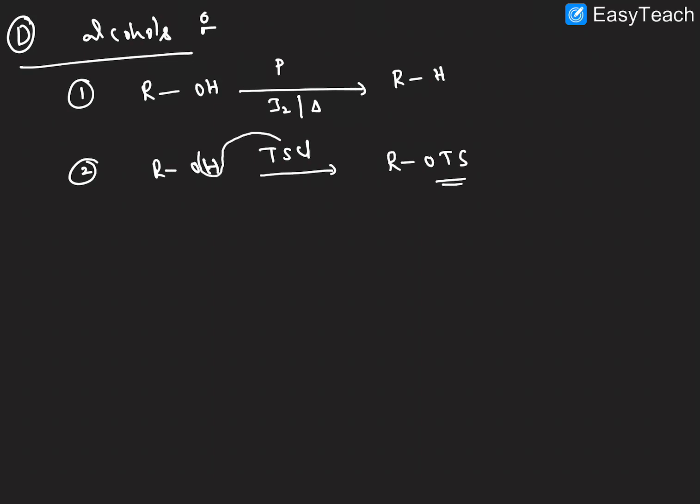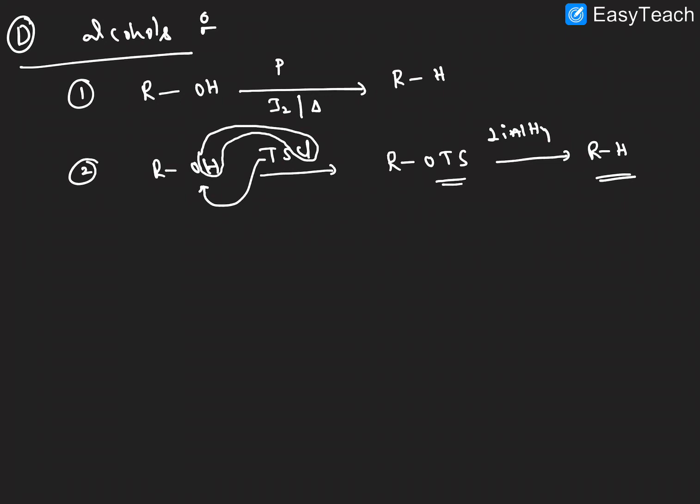Just this, it will be going like this, HCl. The remaining groups are attached here. Now we can use a reducing reagent here, that is lithium aluminum hydride. Here the tosyl group is the best leaving group, it goes out, and we will get the hydrocarbons. So from alcohols, we will get the saturated alkane.